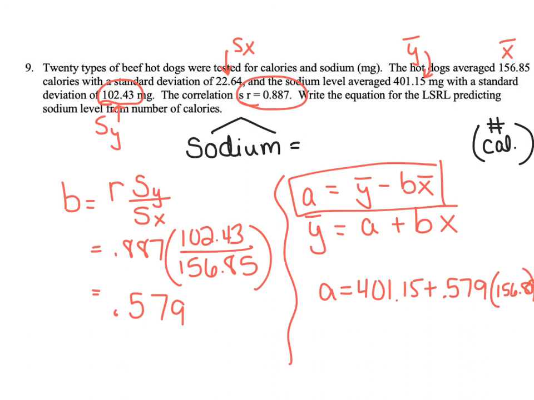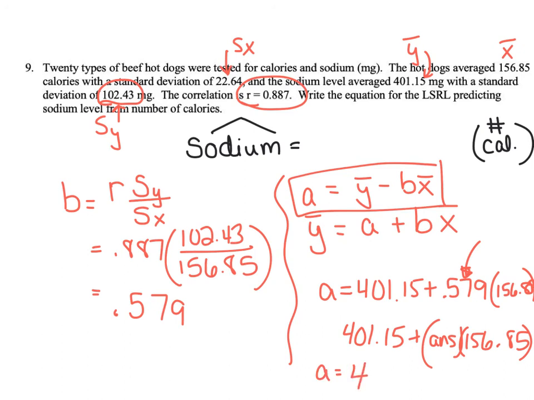Now, I'm going to tell you, I don't like to round multiple times, and I just rounded right there with my slope. So when I actually type this in my graphing calculator, one of my tricks is I put times answer, my last answer, and then I'm not rounding. Just a tip. So I get A equals 492.01. I'm going to say approximately, because again, I've rounded. So as I plug this in to my model,